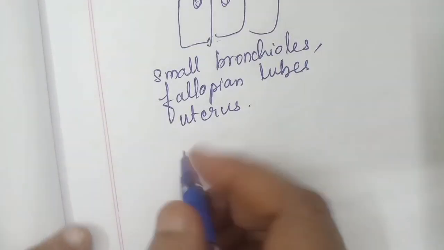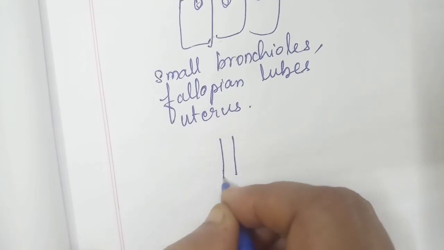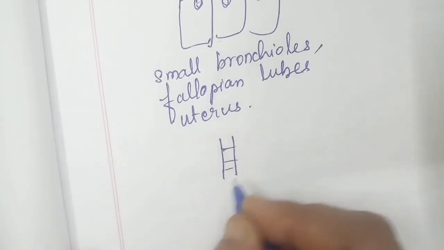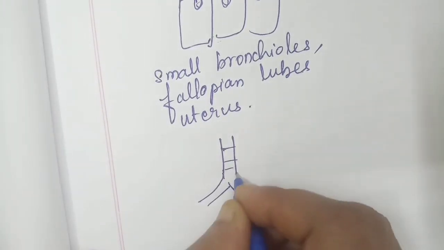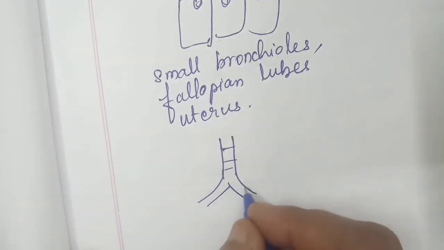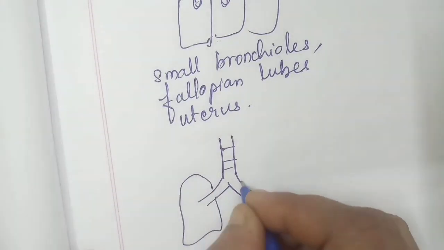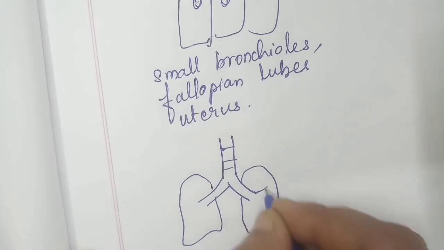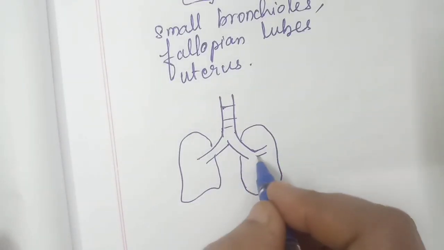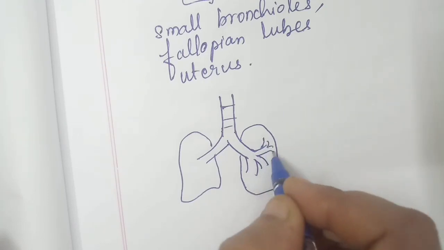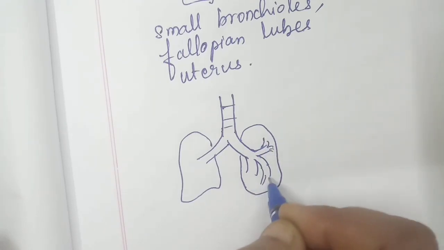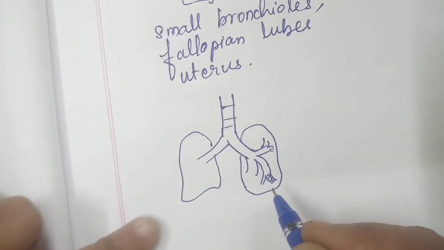Small bronchioles, if you see here, this is the trachea, these are the primary bronchi, lungs. Within the lungs, the primary bronchi gives out many branches like this, secondary bronchi and the tertiary bronchi, then bronchioles. These bronchioles are lined by the ciliated epithelium. And also,